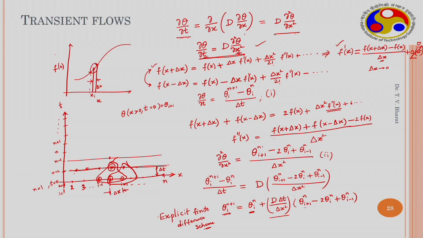This is one type of scheme in the finite difference, and there are other schemes like the implicit scheme, where if you put n plus 1th values here, then this becomes an implicit scheme. Because you have n plus 1 on either side of the equation, with only one particular data point known, it needs to be solved numerically. It will be more rigorous because it is an implicit scheme.